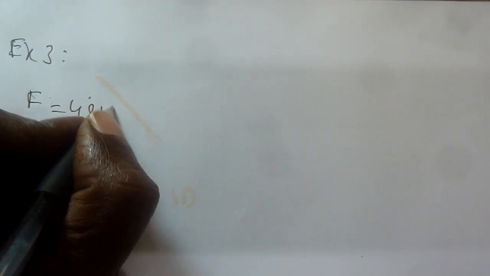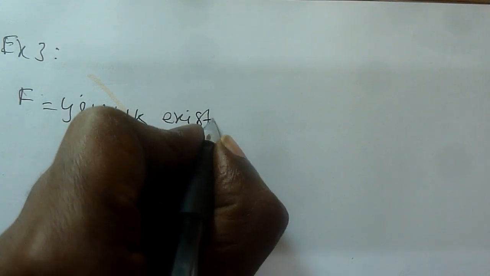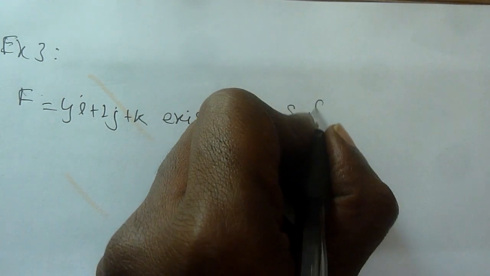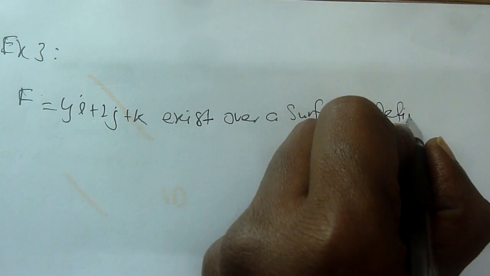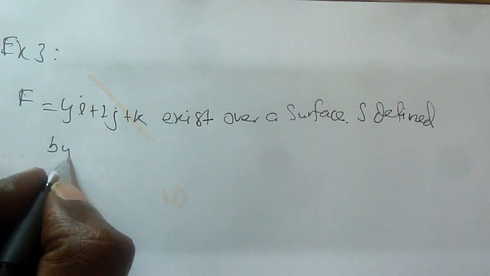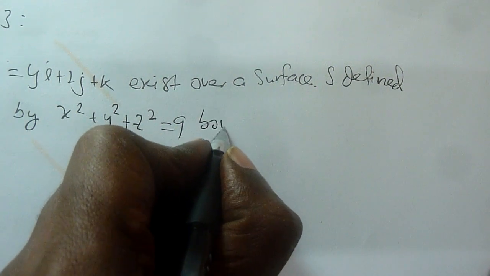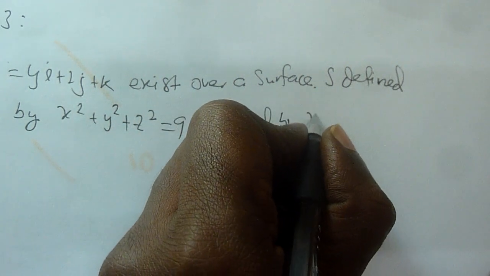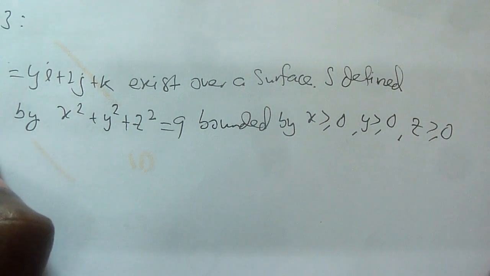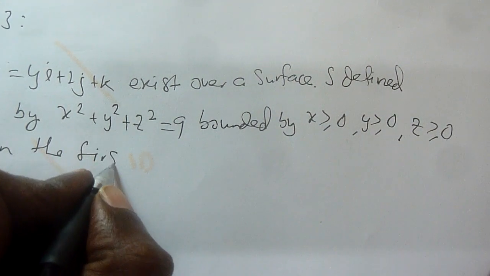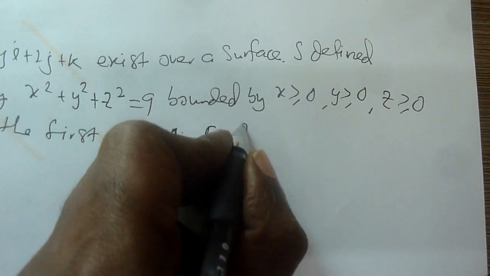The spherical one: F equals yi plus zj plus xk. This is a ghost, it exists over a surface as defined by x² + y² + z² = 9, bounded by x greater than 0, y greater than 0, z greater than 0, in the first octant. Evaluate